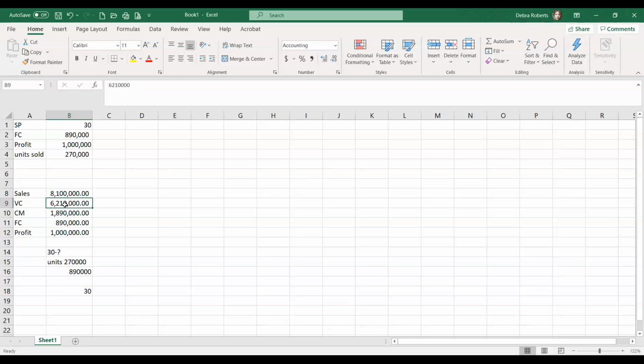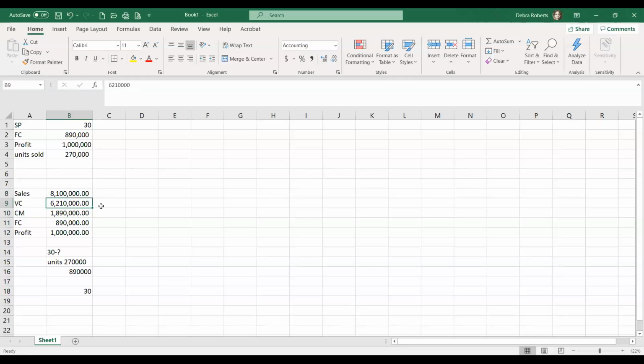The variable cost we didn't know, but we did know what the profit was, and we knew also what the fixed cost was. So I added those two together to come up with my contribution margin. Now that I have my contribution margin, now I can say, oh, wow, now I can back into my variable